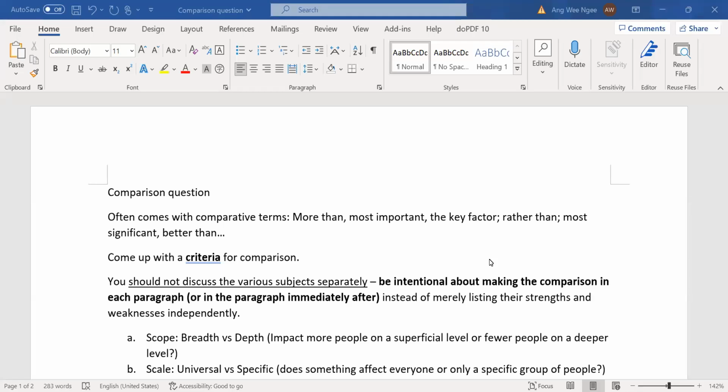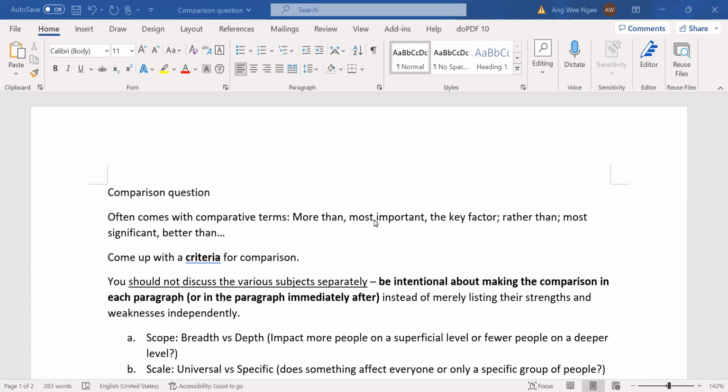Hi everyone, today we're going to talk about comparison questions and how to address them. Now, what are comparison questions? They are questions that come with comparative terms. So, for example, more than, most important, the key factor, rather than, most significant, better than, and so on and